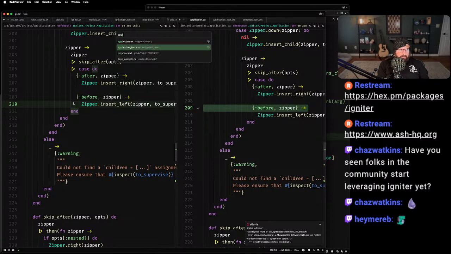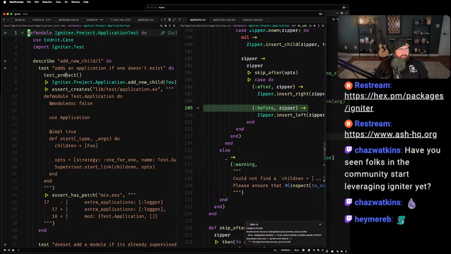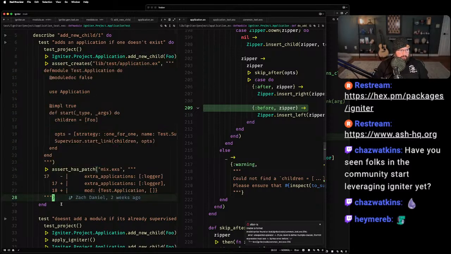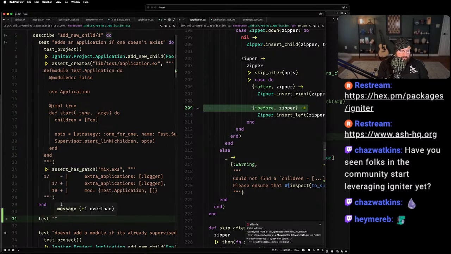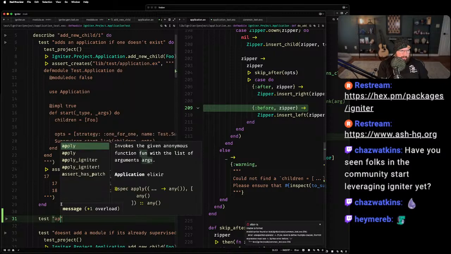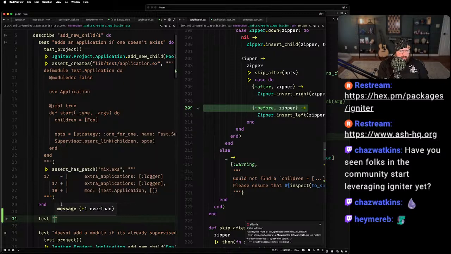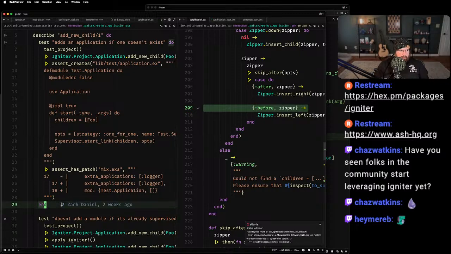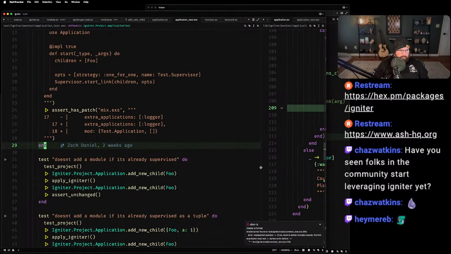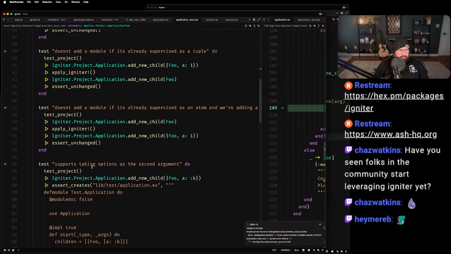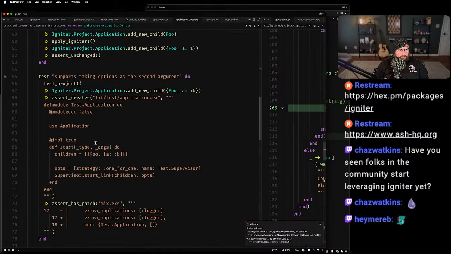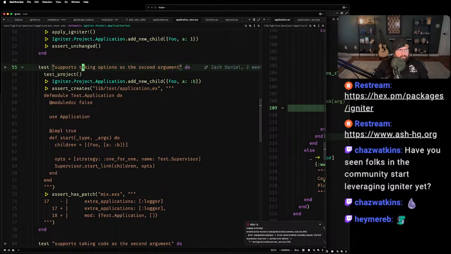if I go back to the application test, we're going to simulate this problem instead of just taking shots in the dark. That's what I should have done like 30 minutes ago, but here we are. Which is to simulate it. If we have a tuple, we want to put it at the very end of the list. And the list looks kind of like this.